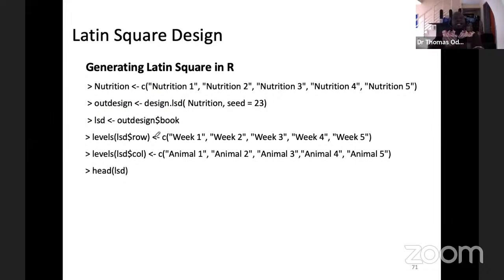So just like we've done for RCBD and for CRD, we can also generate a Latin square design in R. So here I'm going to explain what happened and I'm going to run it for you. Here we are creating an object called nutrition, and this object called nutrition is a vector with